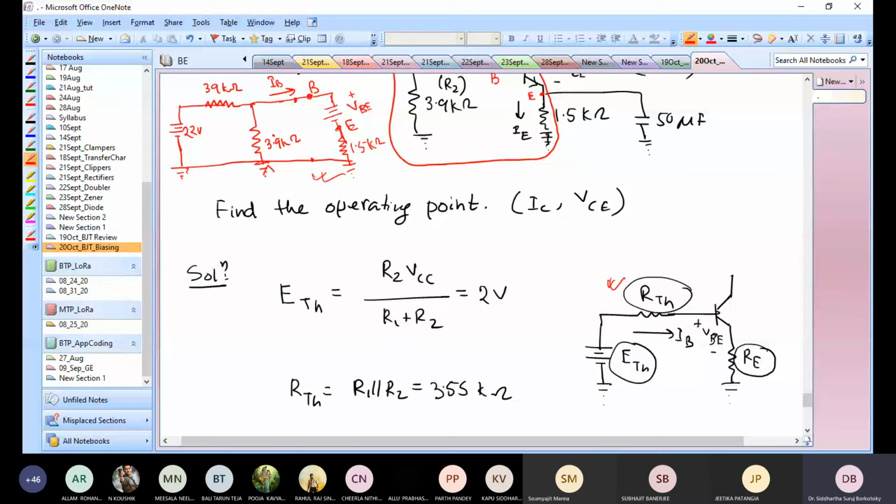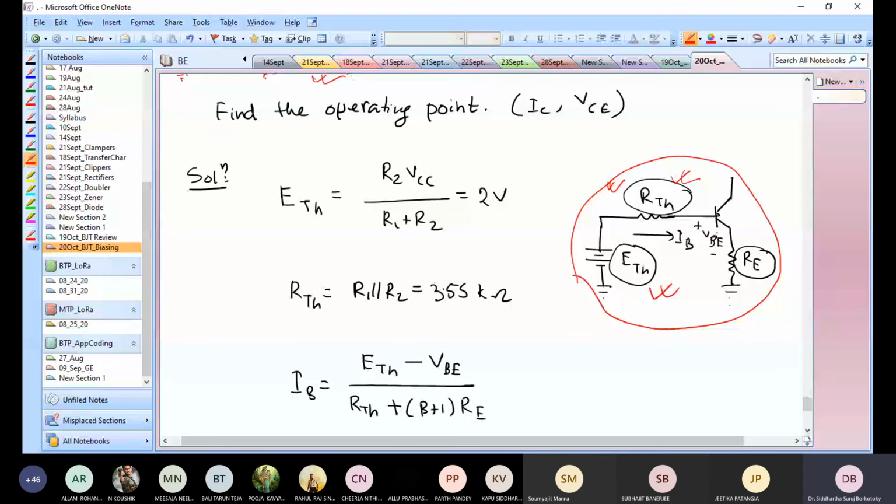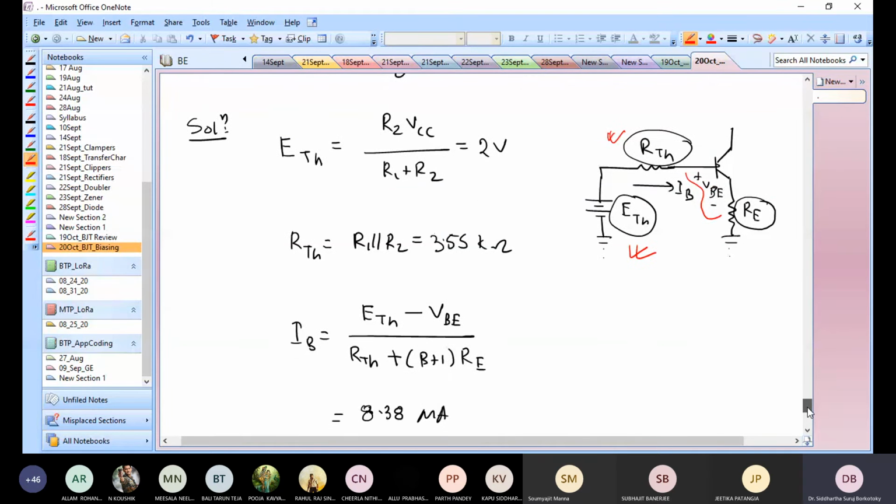You know E Thevenin, you know R Thevenin, you know VBE. What is VBE? VBE is 0.7 volts. So I know all these terms, and finding out IB is a piece of cake. It's this E Thevenin minus this voltage drop, divided by this resistance plus this RE resistance, (beta plus 1) RE, because beta is this thing. So what you could do is, at this point, if you want to be absolutely certain,